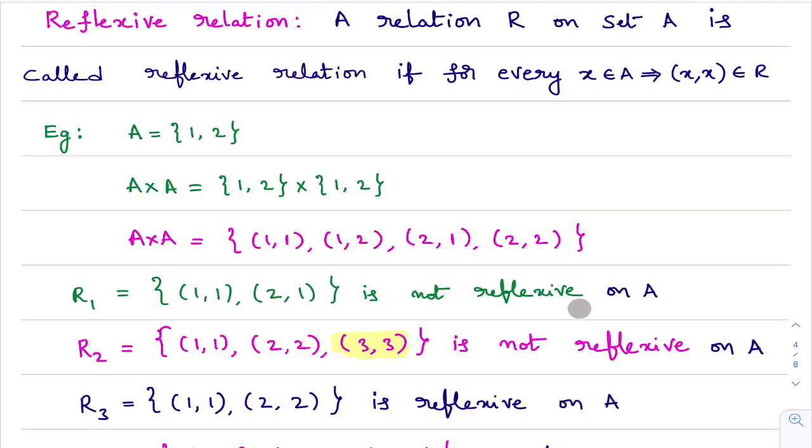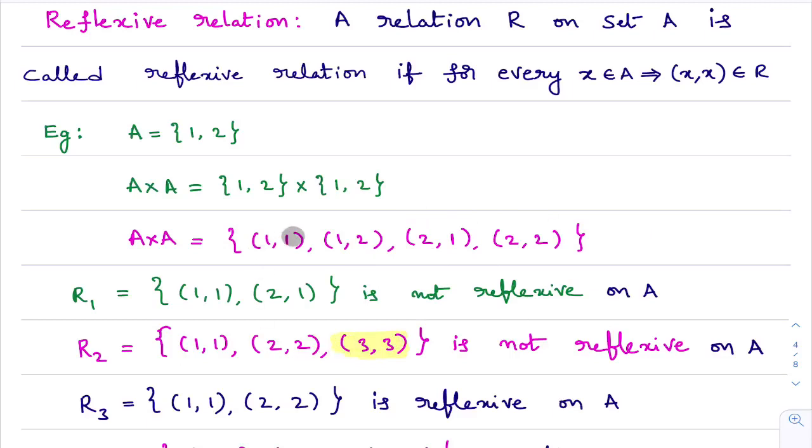Okay. Now I'll take one more example. See here, first of all you need to check whether it is a relation on A or not. You see ordered pair 1 comma 1, is it there in A cross A? Yes, it is there. You take ordered pair 2 comma 2, is it there in A cross A? Yes. You take ordered pair 3 comma 3, is it there in A cross A? No, ordered pair 3 comma 3 is not there in A cross A. Here the point is, is this set a subset of A cross A? What is the subset definition? All the elements present in this set must be present in the other set. Correct or not? This is not a subset of A cross A.